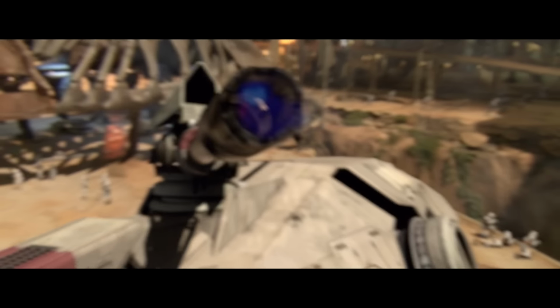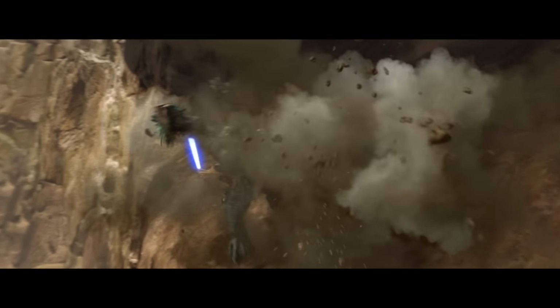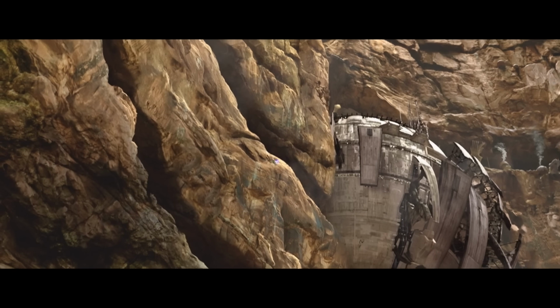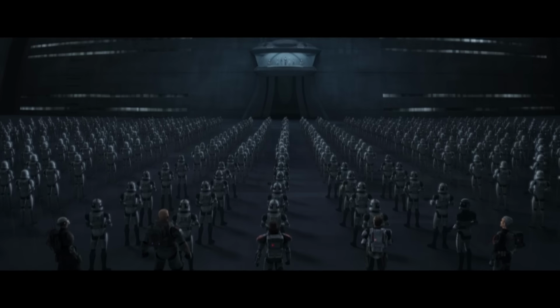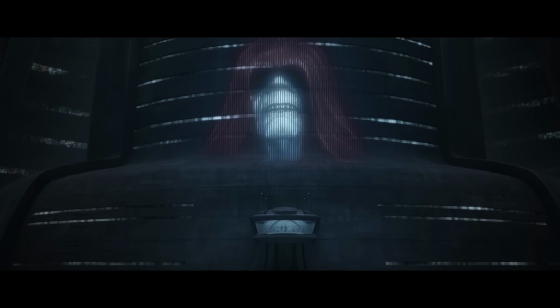Though it wasn't a high explosive shell, it also wasn't one of those smaller anti-personnel laser firing shells either. This equivalent of a heavy laser cannon bolt may have been subtly guided by the Force, as Obi-Wan would just barely make it out alive. As soon as the Republic became the Empire, these walkers